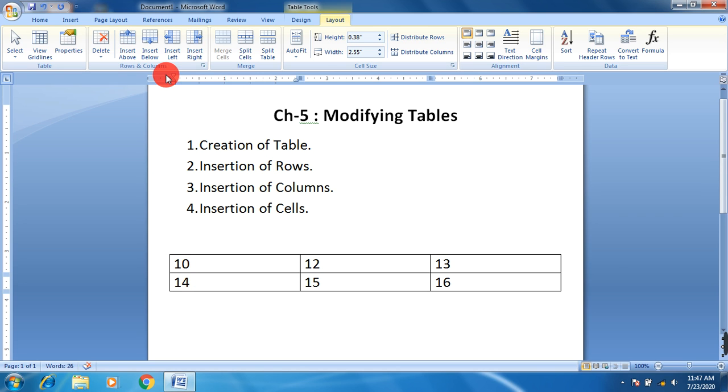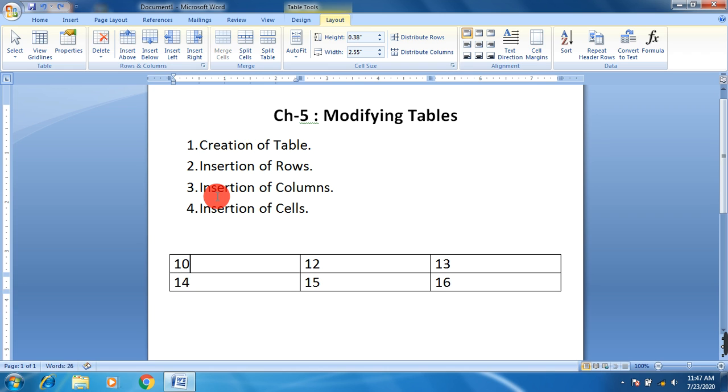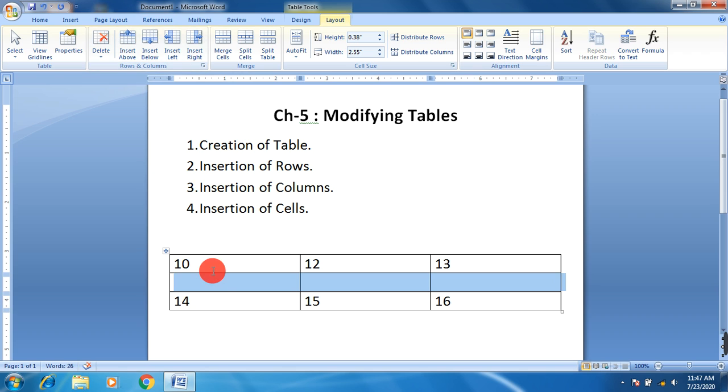So I am going to show insert above. Okay, now I have clicked. What you see, there is a new row above this 10, 12 and 13, and if you choose insert below, then you can see a new row appears in between these two previous rows. So this is how you can insert new rows in the table.